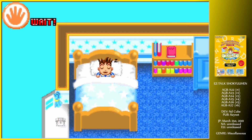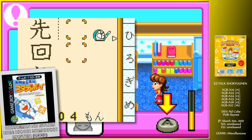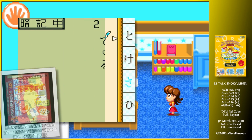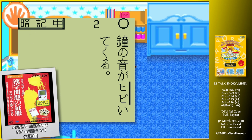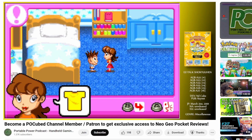Through the years I've been reviewing the Game Boy family of consoles, I've had to struggle with trying to comprehend a bunch of these edutainment type cartridges that populate typically the late years of each console's lifespan. Whether it's one of Doraemon's Study Boy series that closed out the GBC library, or the seemingly endless kanji learning tools that were brought out for the DMG library right up past the turn of the millennium, it was, I suppose, kind of neat that these old consoles were getting yet another new lease of life as portable educational tools